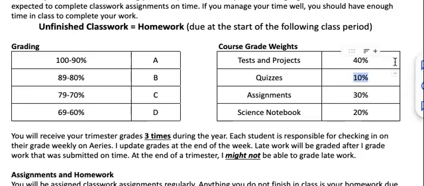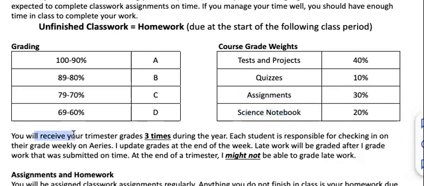They're there for little checkups, just to make sure that if we went over something and you're not understanding the concept fully, it's giving you time to understand that you need to work on something in terms of content, right? And so if you didn't get a good quiz score, the best thing to do is reach out to me and say, I'm not really happy with the quiz score. How can I improve? And then we'll go from there. Assignments are going to be 30% and your science notebook, 20%. Your science notebook, this is anything we do in the sketch notes and your interactive investigation notebook.